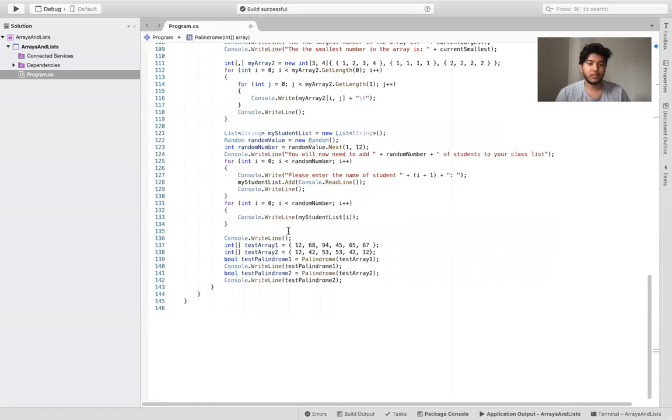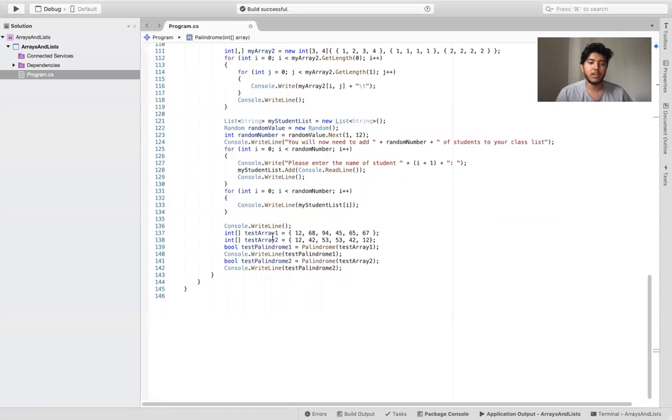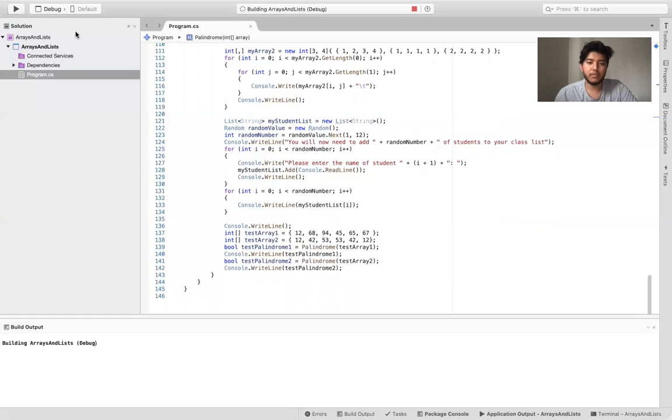And so what happens here is we just create 2 arrays, test array 1 and test array 2, and we check if the palindrome works. In the first one, 12 is not equal to 12, so it should come out saying false. But in the second one, 12 and 12 is equal, 42 is equal, 53 is equal, so it should return true. So if I run the program,